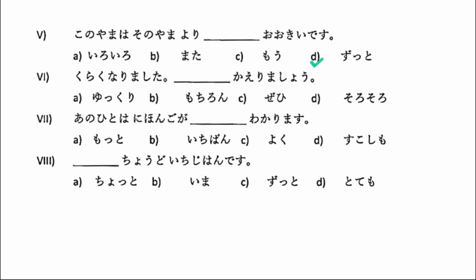ずっと which when used with oki means far bigger or much bigger. And the sentence will become この山はその山よりずっと大きいです。The sixth sentence is 暗くなりました。Dash 帰りましょう。The options are ゆっくり、もちろん、ぜひ、そろそろ。The correct option here will be そろそろ which means soon. And the sentence will become 暗くなりました。そろそろ帰りましょう。The seventh sentence is あの人は日本語が dash わかります。The options are もっと、一番、よく、少しも。The correct option here